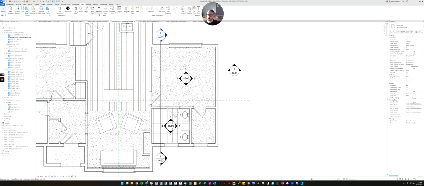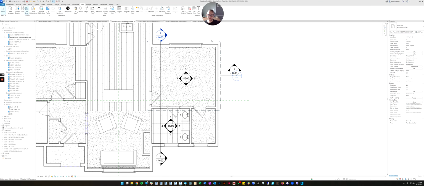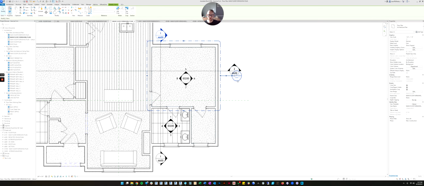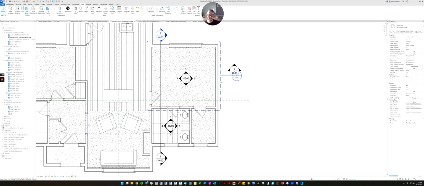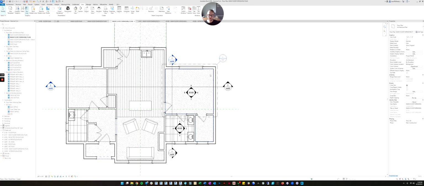under the area where it says Create, the third icon in this section is called Call Out. So if you click that, you enter the call out command, and now you just drag a rectangle around the area you want to call out. So I'm going to click and drag around the primary bedroom here. And then it makes this call out symbol, and then it has a call out tag. And if you click on it, there's these little blue arrows where you can move the call out tag. I like to do them on the corners typically so that they stand out.